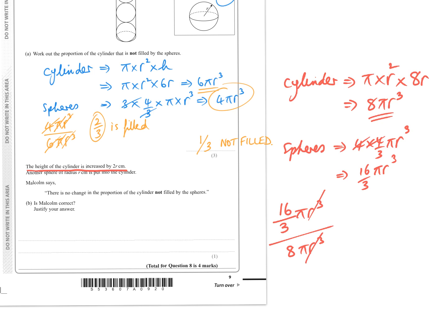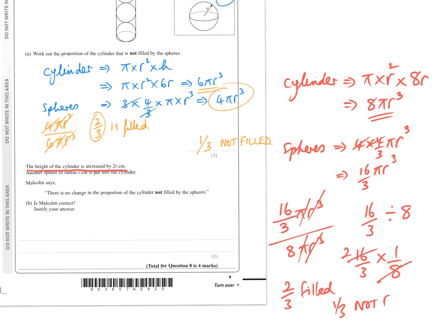So these would cancel, and we'd have 16/3 divided by 8 is the same as 16/3 times 1/8. You can do all this on the calculator, by the way, just this fraction part, and we'd be left with 2/3 filled,